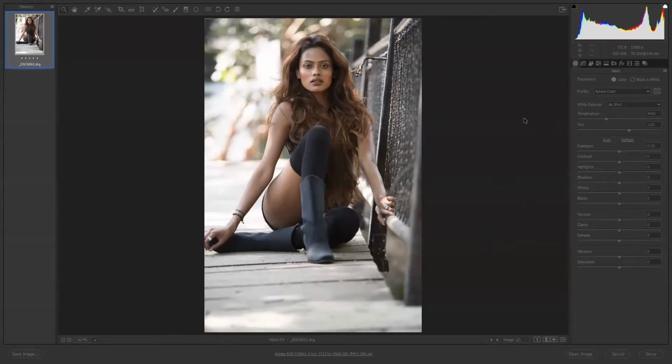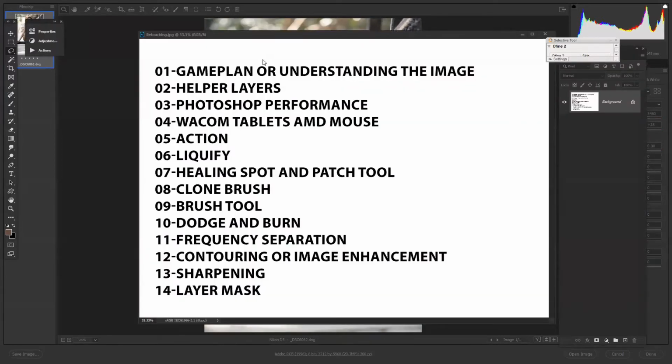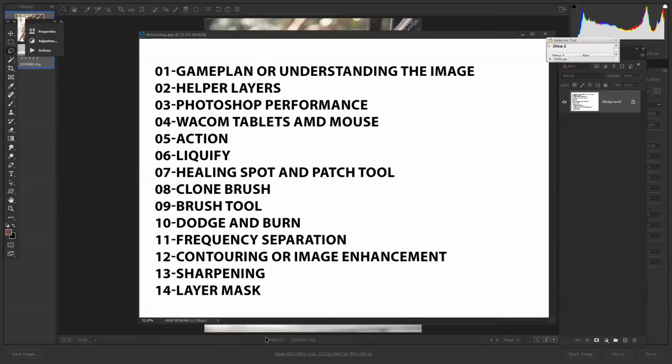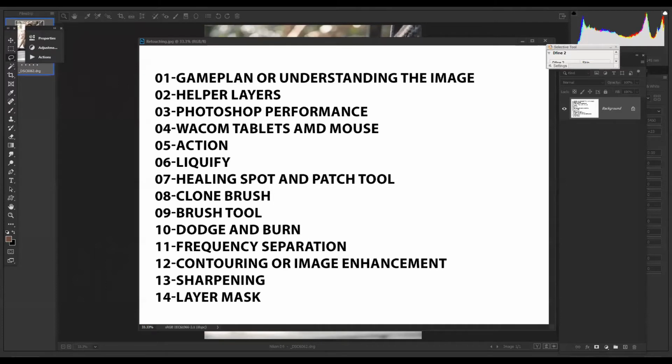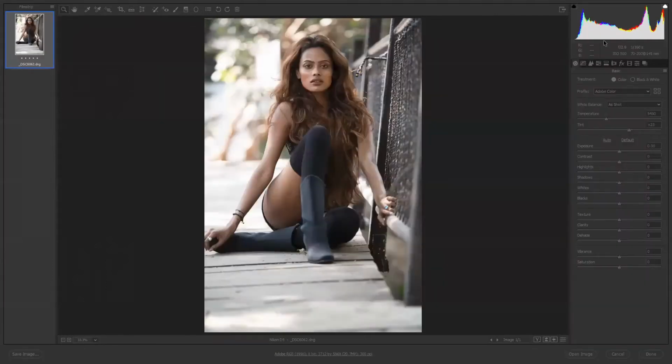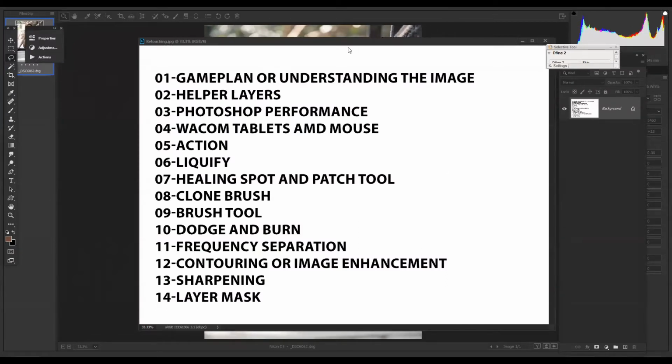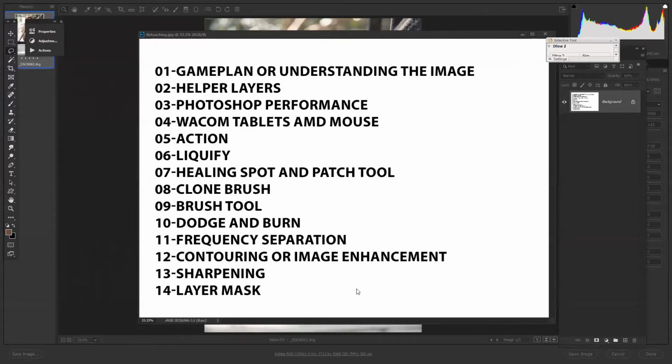So basically, when we first take this raw image, there are some issues.